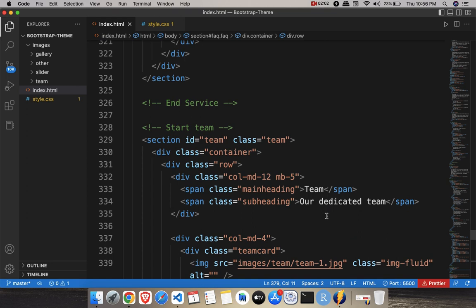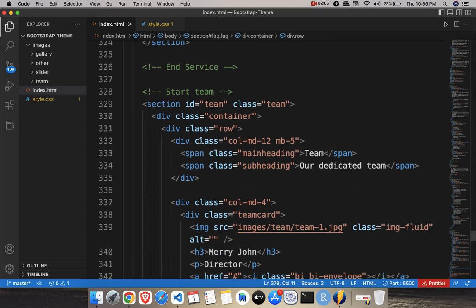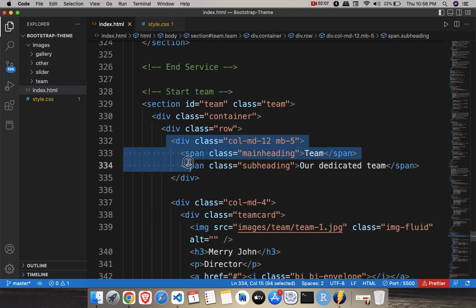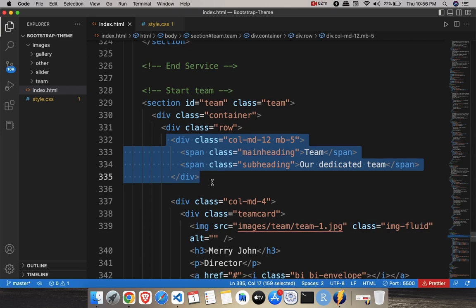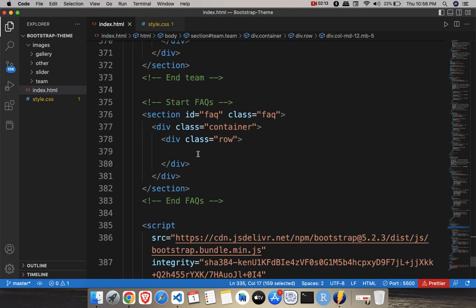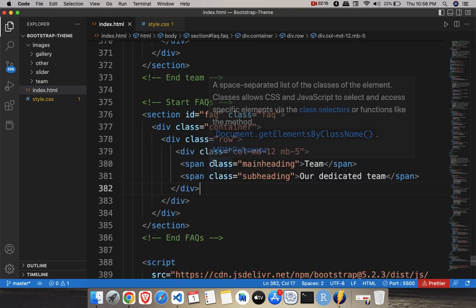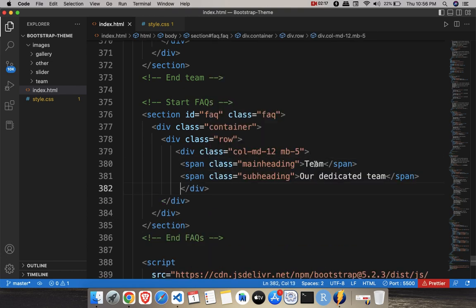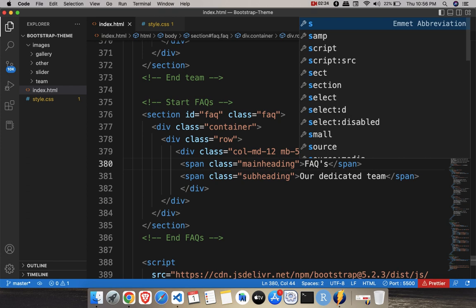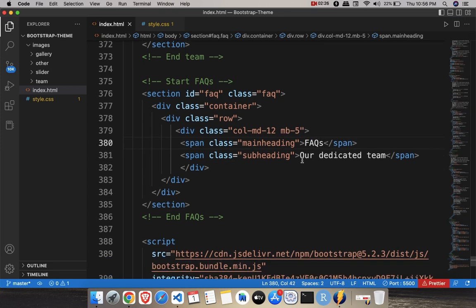So copy the content. For every section we have prepared a heading and subheading, so I'm copying this column md-12, the entire row we are copying. Inside the row paste that 12 columns, so it will give you the heading. So instead of this heading, what you want is a heading as FAQs, and you can have the subheading like